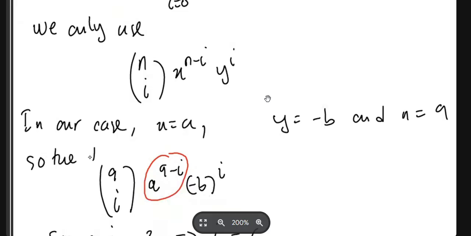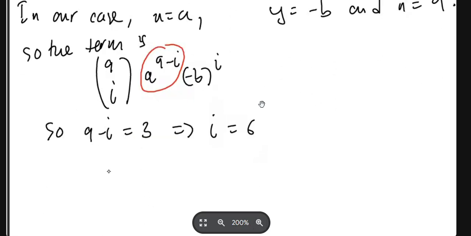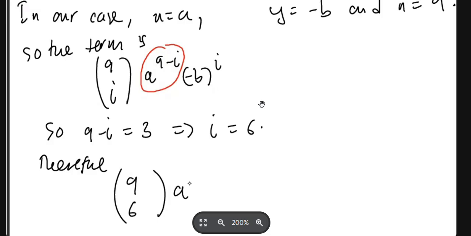So the term is this. So where there is i, we'll put 6. Therefore, 9 choose 6, then a raised to the power 9 minus 6 and negative b raised to the power 6